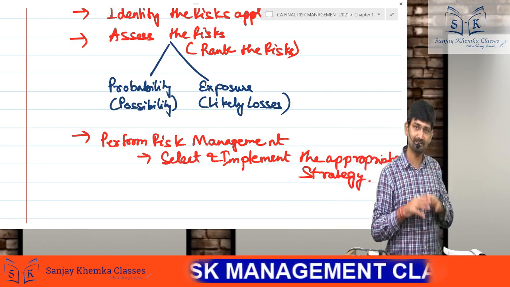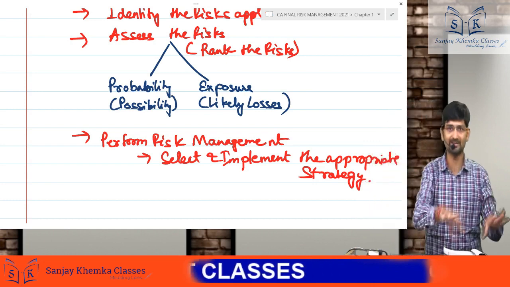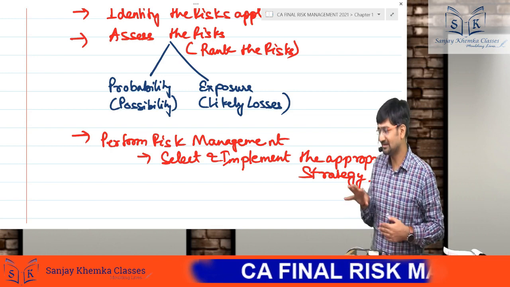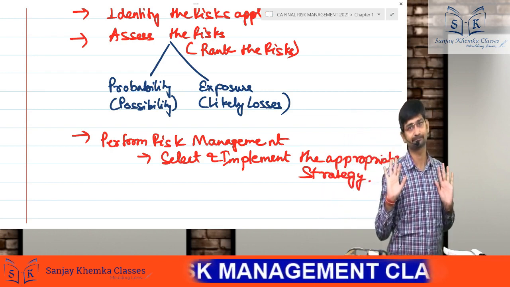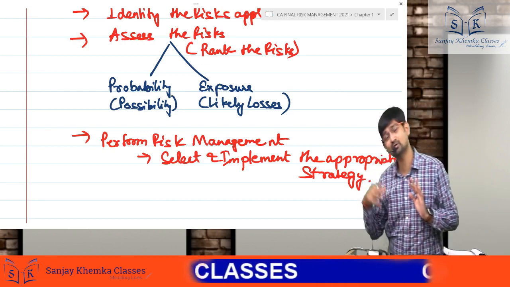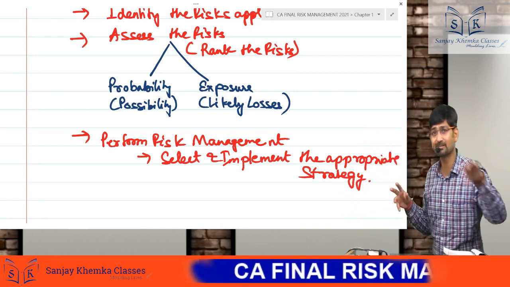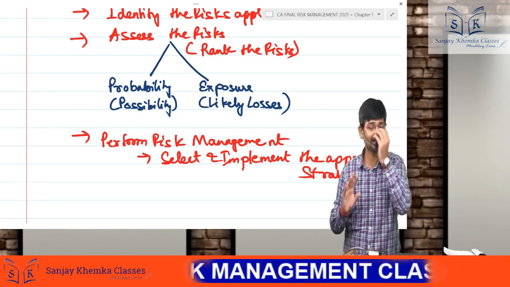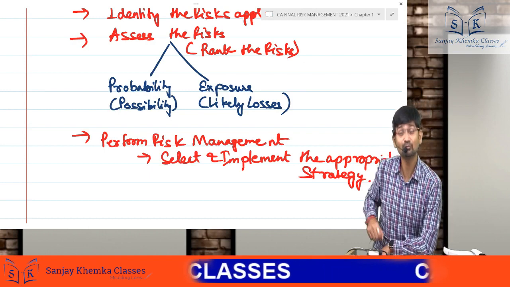For some risk, I may decide to just avoid the risk by not doing that activity where I think the risk is too high. Or if I feel that the risk is minimal, it's not that important, I may accept the risk. So I may reduce the risk by putting controls. I may transfer the risk onto a third party, insurance. I may avoid the risk by not doing the work where I feel there is too much risk. Or I may accept the risk and accept that okay, we will have to accept some risk, because if I don't take any risk,